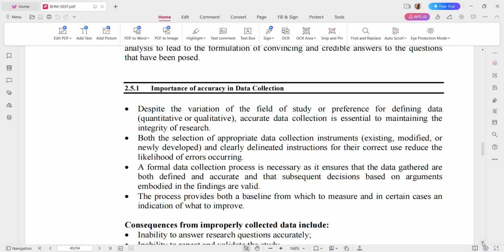So wag nating madaliin yung collect natin ng data, kasi napakahalaga nito na process. If there are errors and there's question in how you collected the data, then uulitin mo lahat. Kasi magkakaroon siya ng bias, magkakaroon siya ng issue ngayon sa results, no? So it will be a waste of time. So to really ensure na okay yung data natin, then you have to follow what is set and what is established